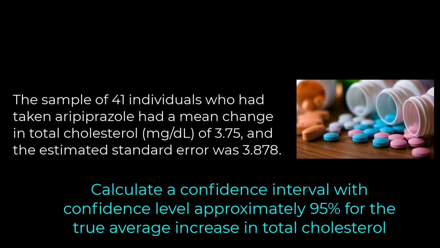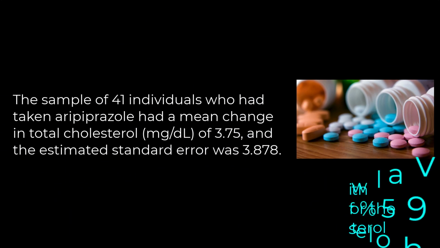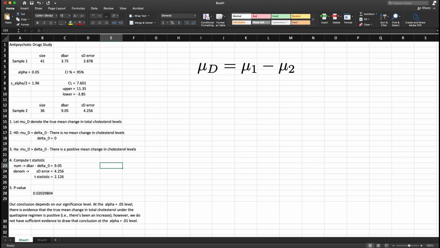So what we do here, we would start by understanding that what we're looking for is that mu sub D. We know that that's going to be the true mean change in cholesterol under the